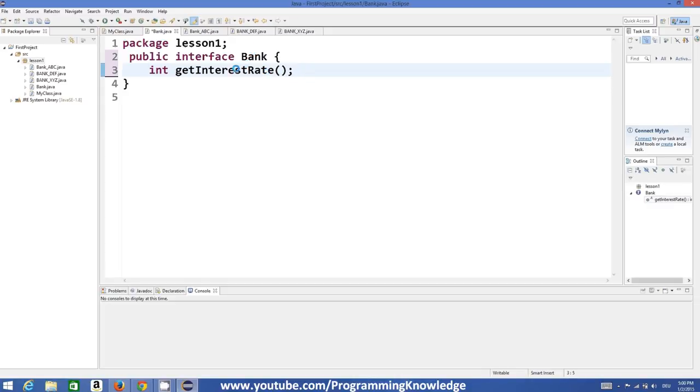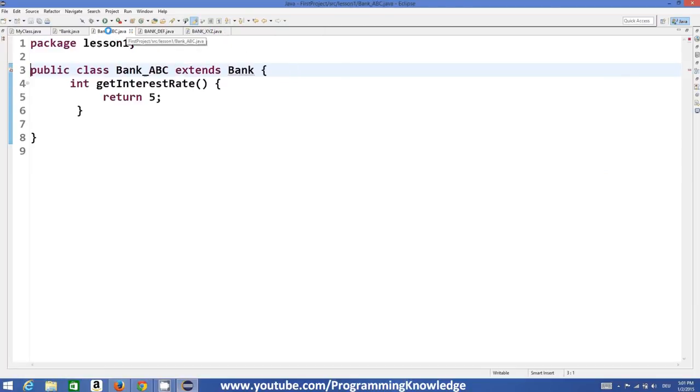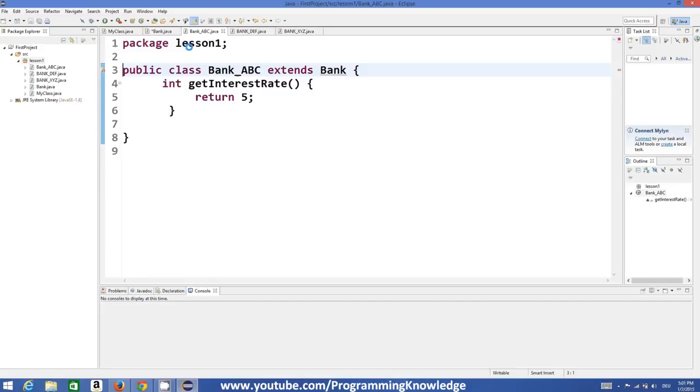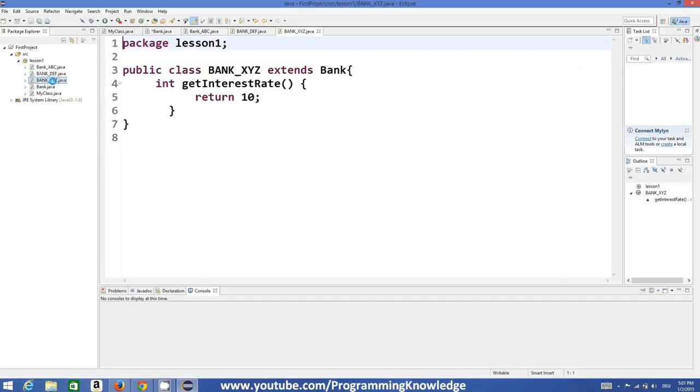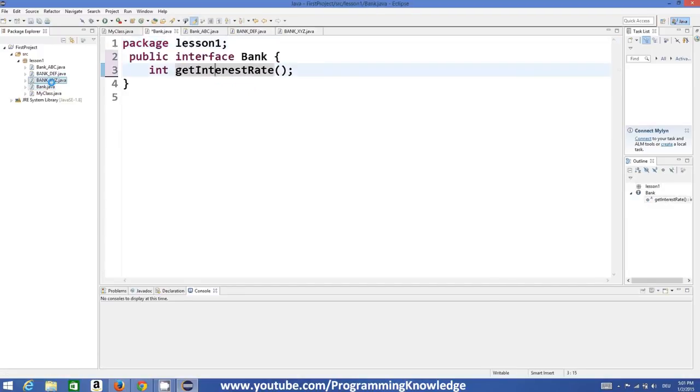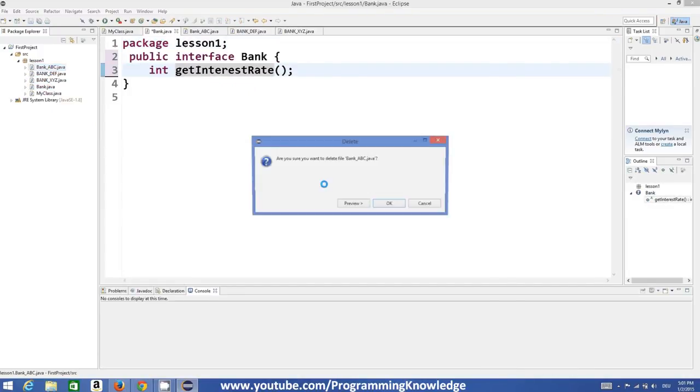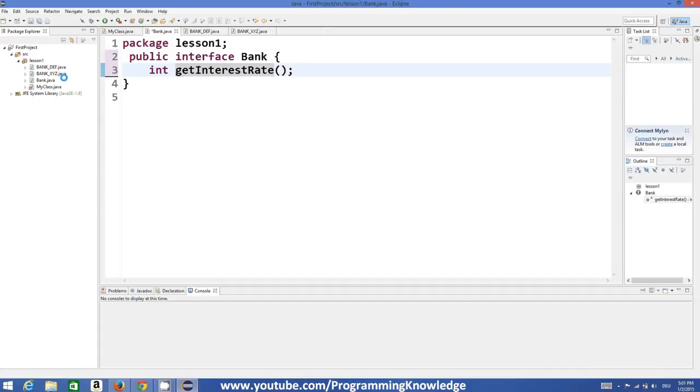So in the last video we have seen if the methods are abstract, then we need to implement this in the subclass in which we are inheriting, right? Now let's start from the beginning. So I'm going to delete all the classes which I made earlier, and then I'm going to make an interface. Okay,